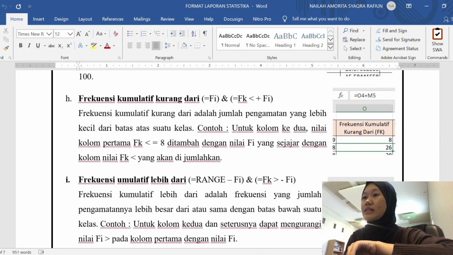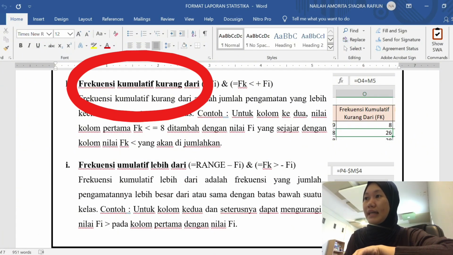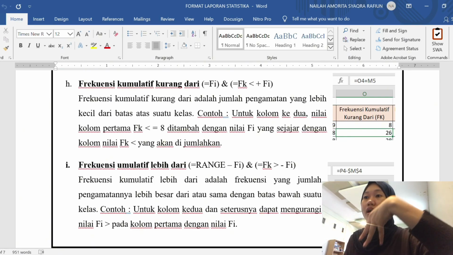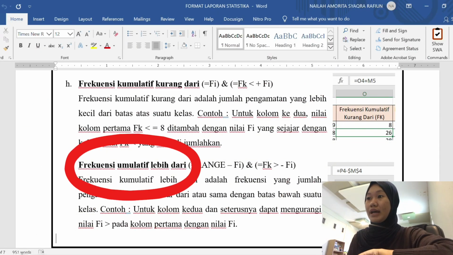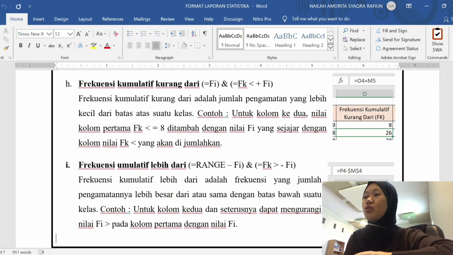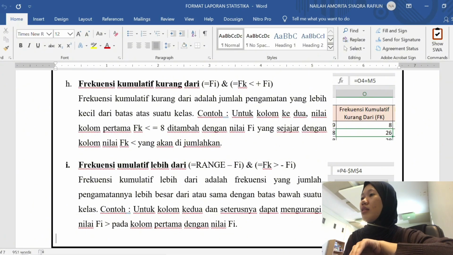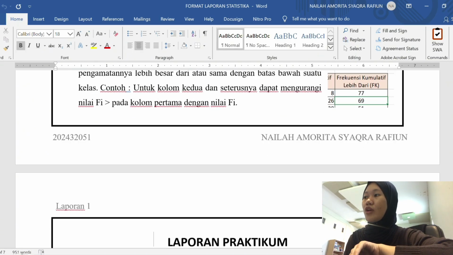The second is cumulative frequency less than, which is the number of observations that are smaller than the upper limit of a class. And the third is cumulative frequency more than, which is the frequency whose number of observations is greater than or equal to the lower limit of a class. Okay,